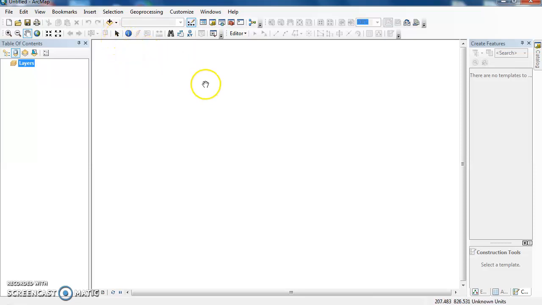So today in our tutorial, we are explaining how to prepare the map of Nasik district study area. Nasik district is located in the Maharashtra state of India. For that purpose, we require three shape files: one for India, second for Maharashtra, and third one for the Nasik district.